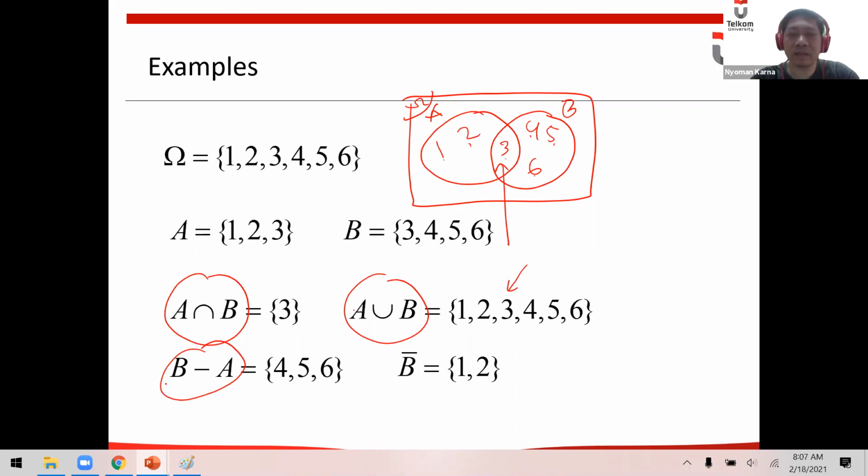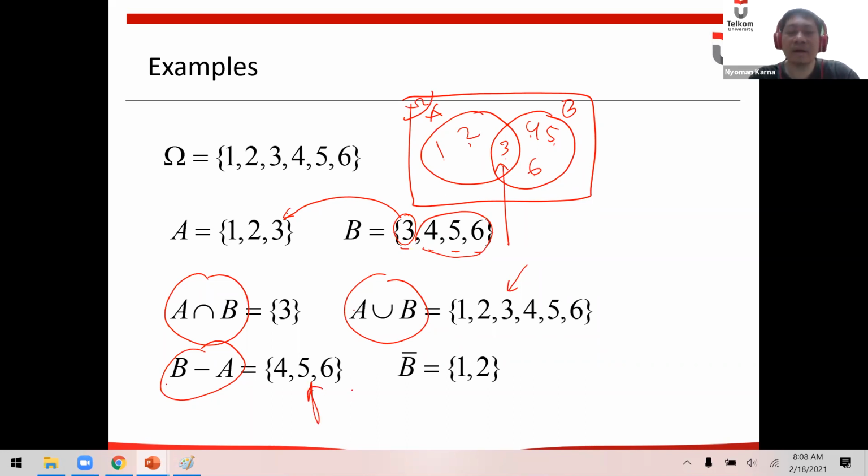B minus A is all the members of B but not a member of A. The members of B are 3, 4, 5, 6. However, 3 is a member of A. So B minus A is 4, 5, 6.